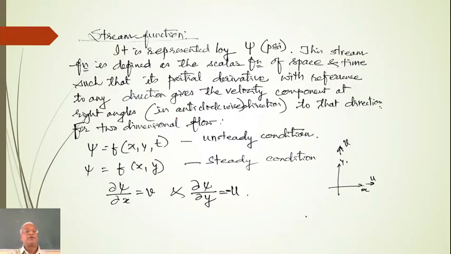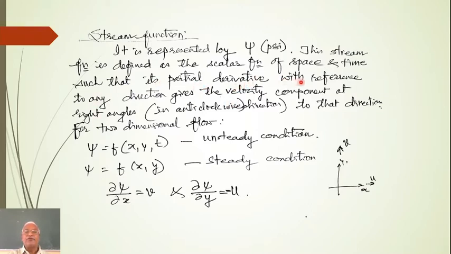Okay, as I told you, stream function. Now this is another function we have in fluid flow, stream function as well as velocity potential function. Stream function is represented by psi. This stream function is defined as a scalar function of space and time. Again you can see here psi is a function of x, y, z and t, such that